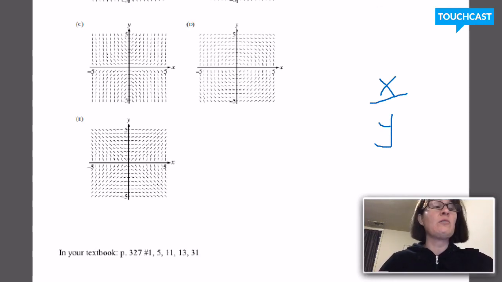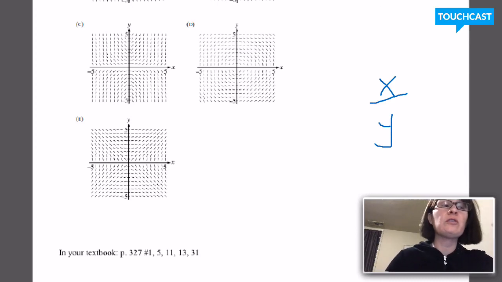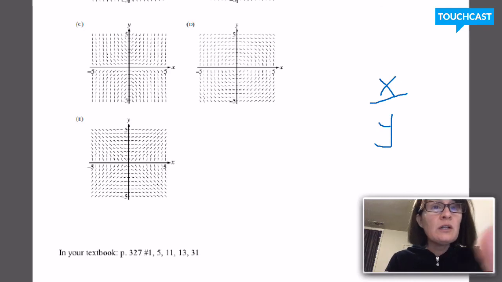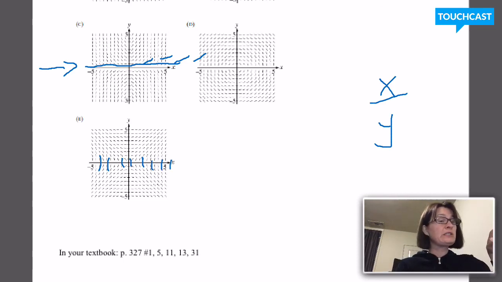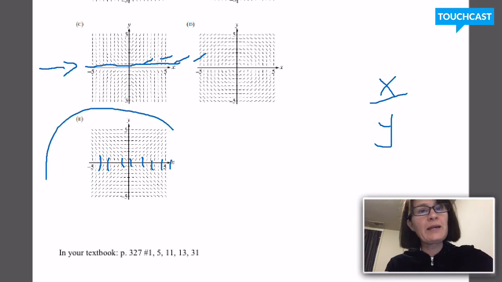If I let y equal 0, my slope should be undefined, which means whenever y equals 0, it should look like I have little vertical line segments at y equals 0. So this part here, C, it looks to me like when y equals 0, which is sort of along this axis, I have slope segments that are increasing from 0. But really what I'm expecting is more like what I see here in part D, where near the line y equals 0, the x-axis, I'm expecting slope segment pieces that are vertical or nearly vertical. So my answer choice here